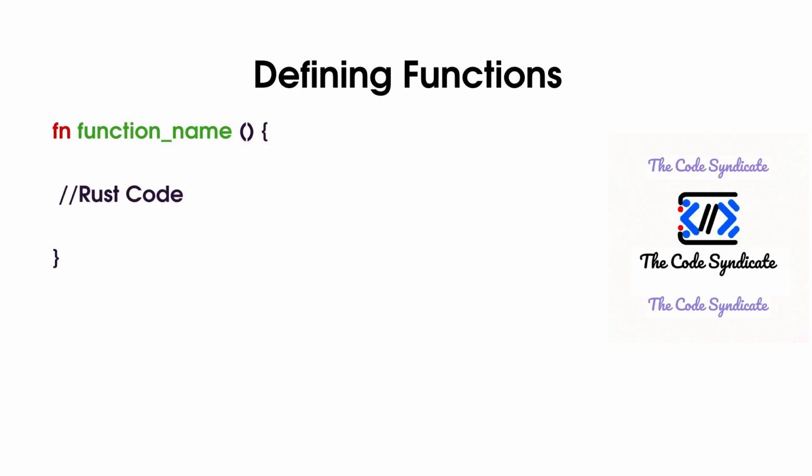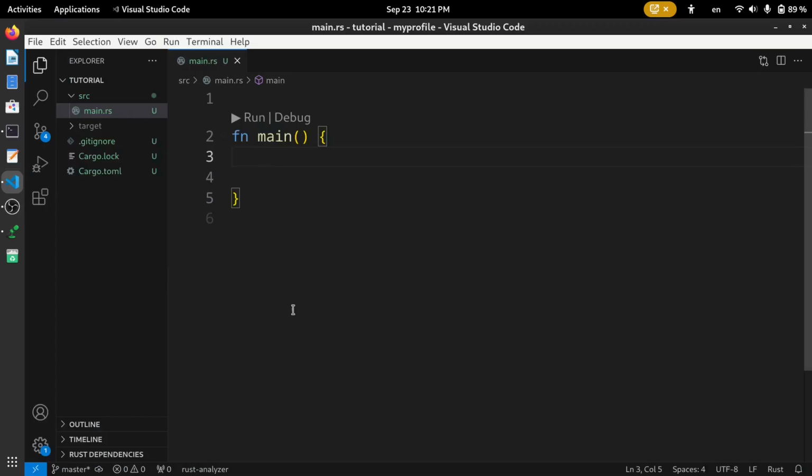Inside the curly braces, we can have our Rust code. For example, functions by default do not execute on their own. We need to call them either in the main function or in any other function. For example,